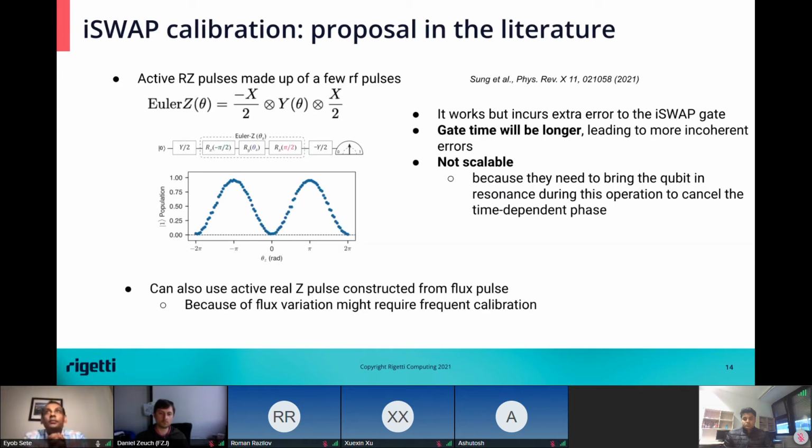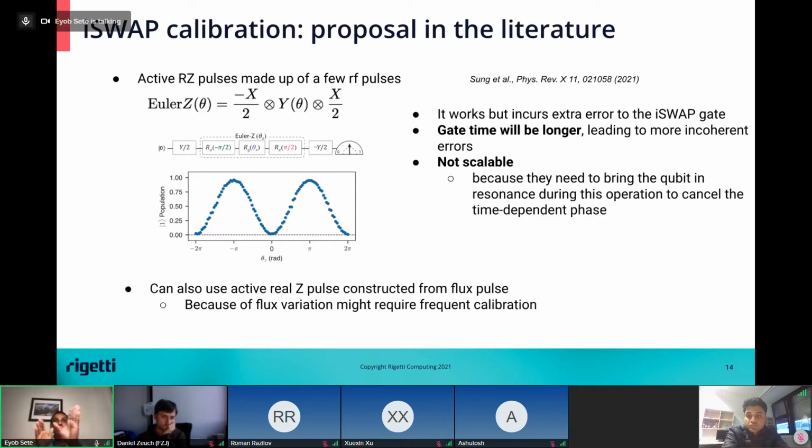What other people, specifically Will Oliver, did in this recent paper is, instead of using a virtual Z, they use an actual RF pulse. They constructed what they call this Euler Z pulse. It's made of three RF pulses, x, minus x over 2, and so on. This is the arbitrary angle, because you don't know a priori what phase you need for the correction, so they have to calibrate. If I want, say, 1/3 of a radian, then I have to make sure what amplitude of Y I should send